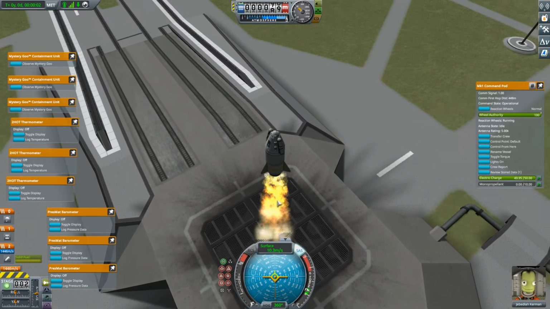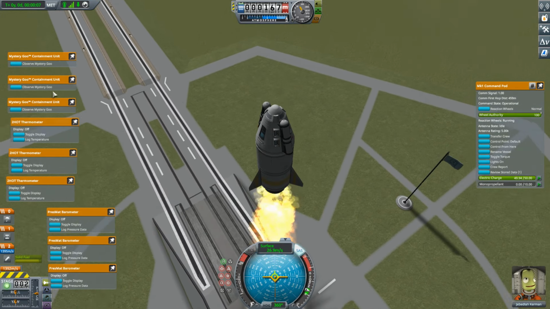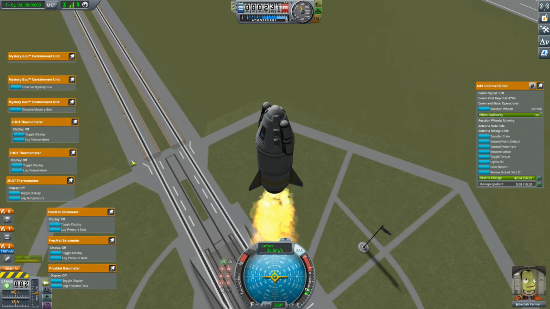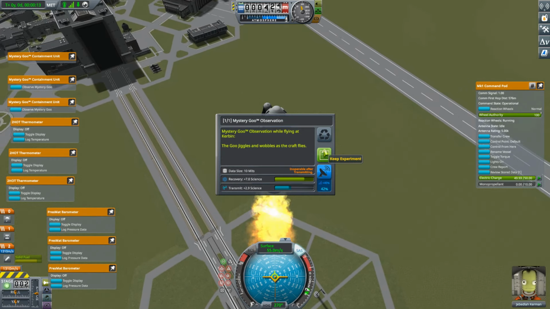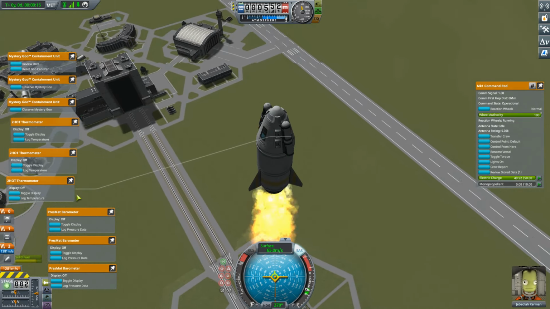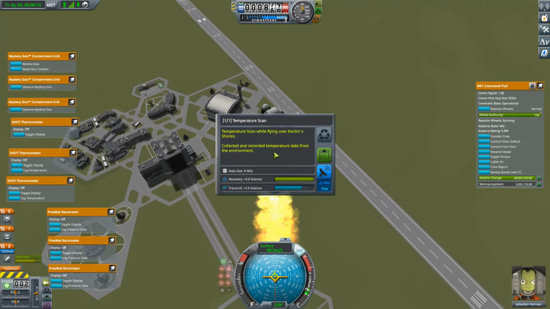And we are off, putting ourselves in a new situation. No longer on the surface, so we can collect science. Let's get a mystery goo. Collecting that now, flying at Kerbin. And as I continue to collect science, taking advantage of the menus I have pinned over here to the side,